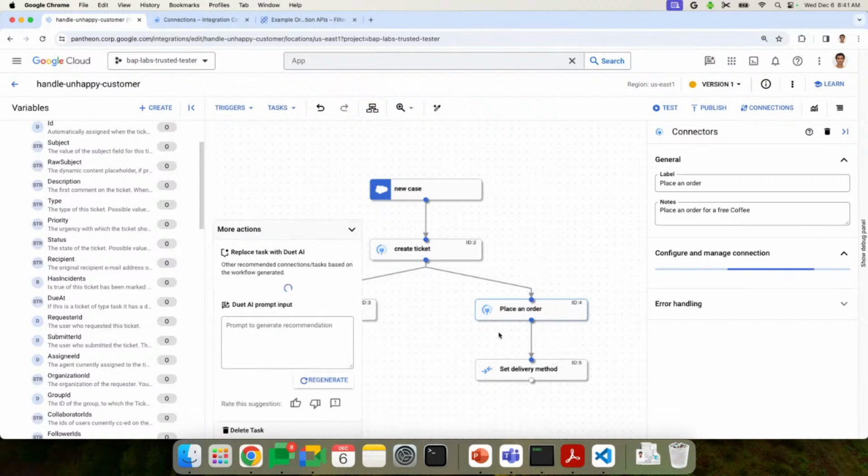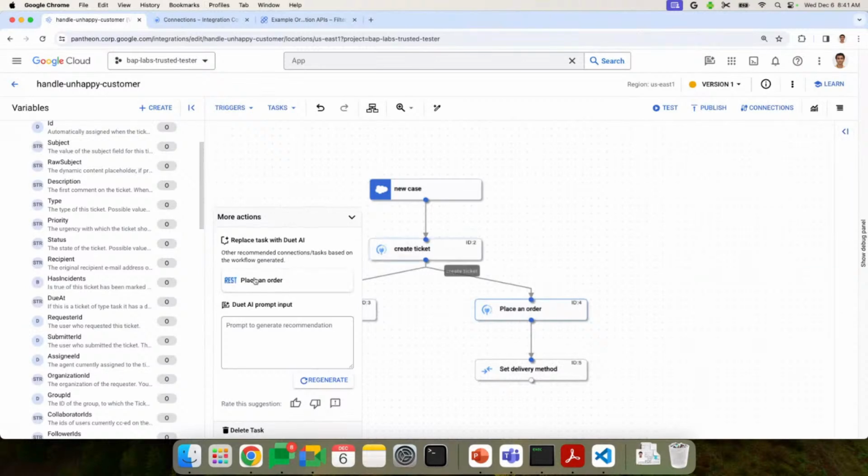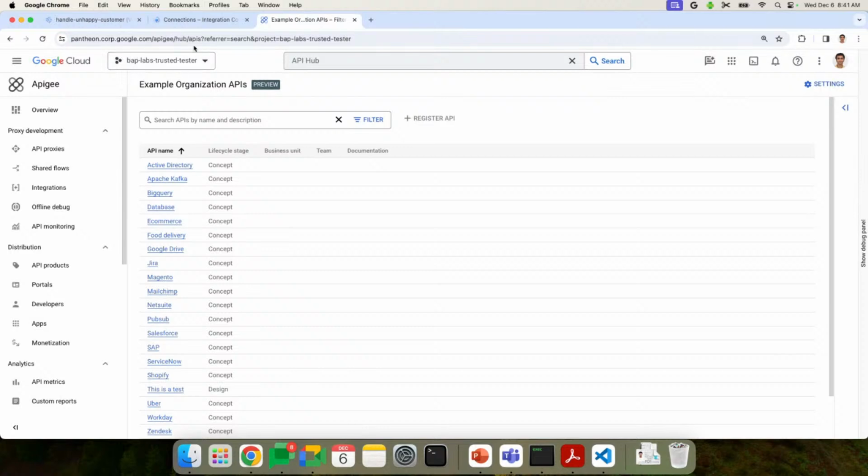In the case of place an order, what it is actually doing is identifying a recommendation similar to the Jira one. In this case, it looked at a recommendation called place an order with a REST API. Where is this REST API coming from? This REST API is actually within my same organization.